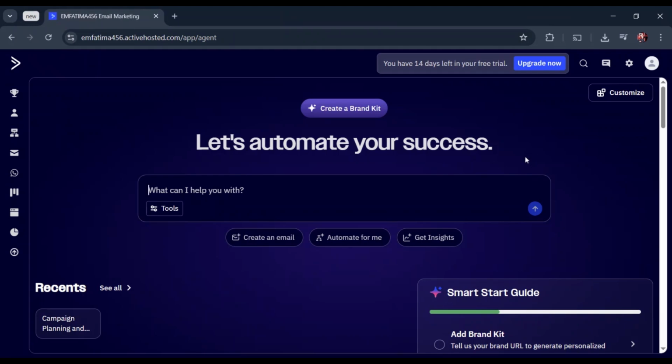Hey everyone, welcome back, and today we are going to walk through how to create your first automation in ActiveCampaign